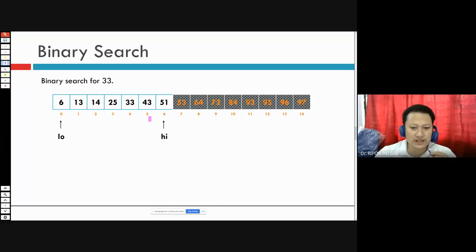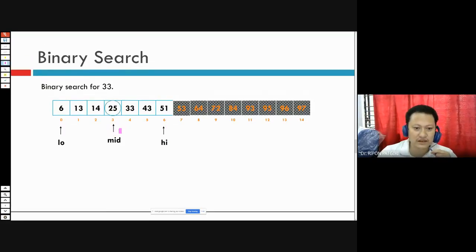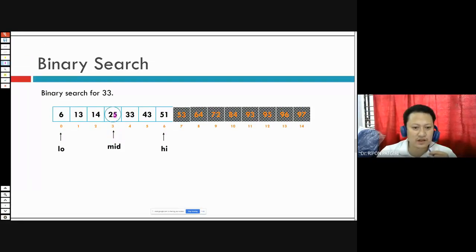Now 0 plus 6 divided by 2 is 3. Middle is 3. So compare 33 and 25. 33 is greater than 25, so it will be in the right half. So we will not consider the left half.